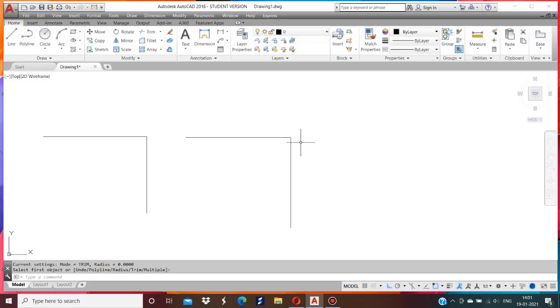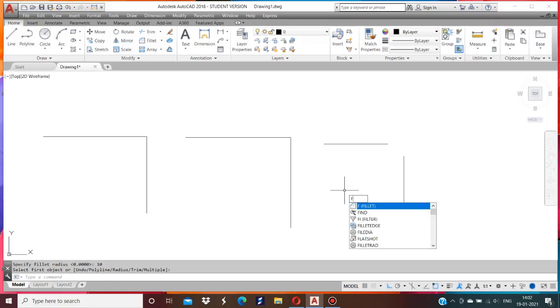Suppose you want to do the radius also at the same time during the fillet. If you want to do it at the same time, you can do it. So draw a horizontal line, draw a vertical line. நீங்க fillet பண்ணும்போது radius வேணும்னா you can do it. Type fillet, type radius. So radius I typed 10 mm.